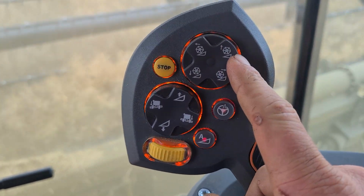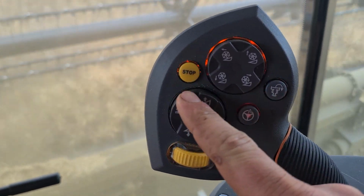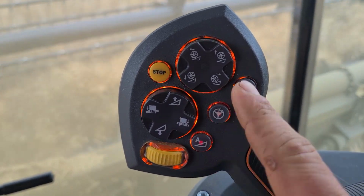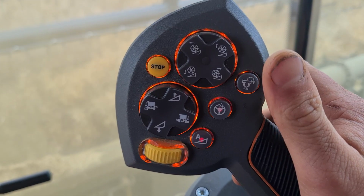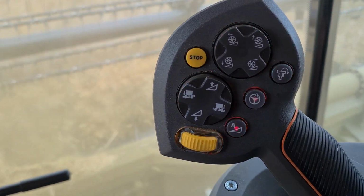Obviously, that's your reel up, down, side to side, and your comb up, down, side to side, which you don't use too much. I use a little bit when I'm doing a contour drain. You return to cut, you auto steer, then there's your headland mode, which you press when you get to the end of the headland. I press that once, it lifts up, puts the reel down, so it clears the cutter